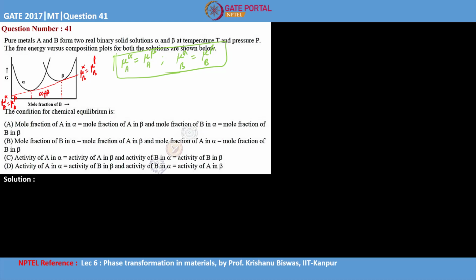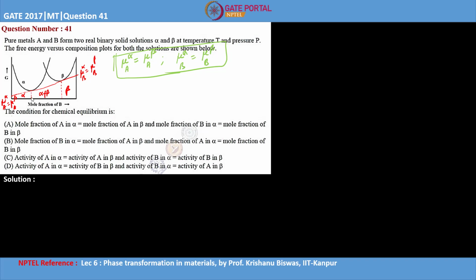that is, alpha and beta both the phases will be existing from this point to this point. Before this point only one phase, which is alpha, is stable, and after this point only beta is stable. So this is a two phase region and these two are basically single phase regions. These are the few things which we can determine, and using this concept only we can draw the phase diagram,